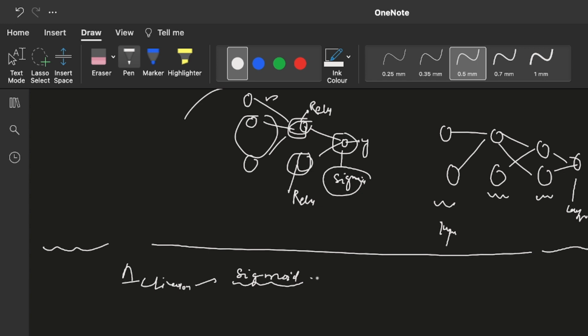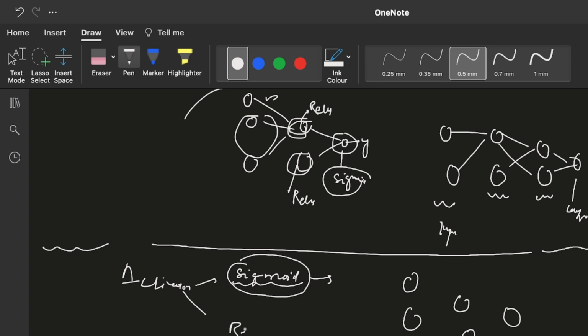In the early days, when neural networks were very popular, most of the time people were always using the sigmoid activation function, but it was not giving better results every time. If you use the sigmoid function in the middle layers, after a certain amount of time you'll need a different type of activation function.